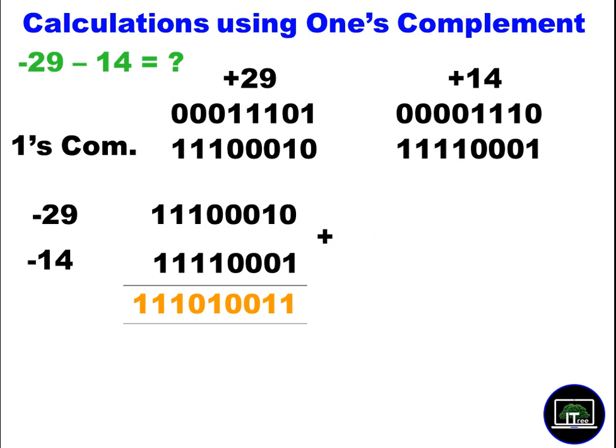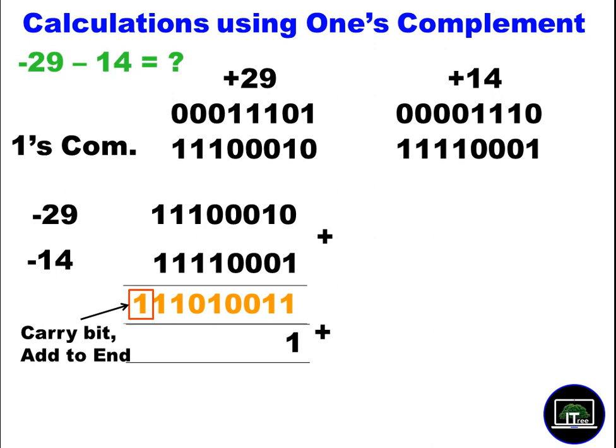We have an additional bit. What do we do for this additional bit? In 1's complement, this is very special. This additional bit is called the carry bit. When there is a carry bit in 1's complement, you should add it to the end of the number, something like this. We add it now. When you add this one, we get the answer something like that. So now this is the answer.